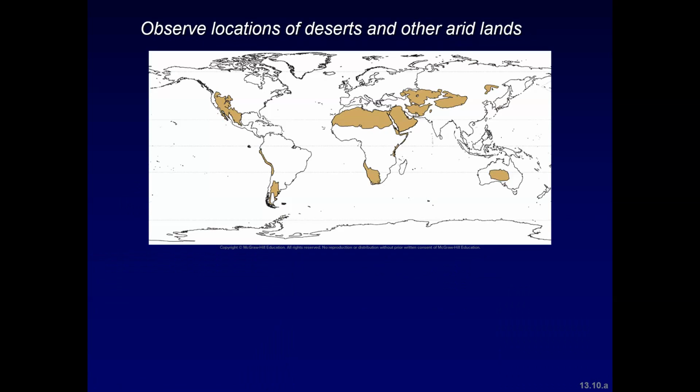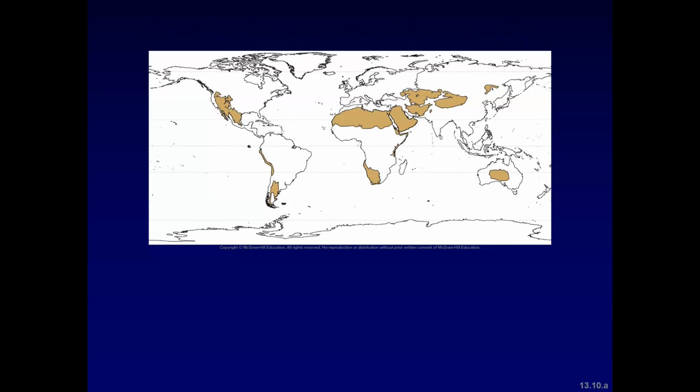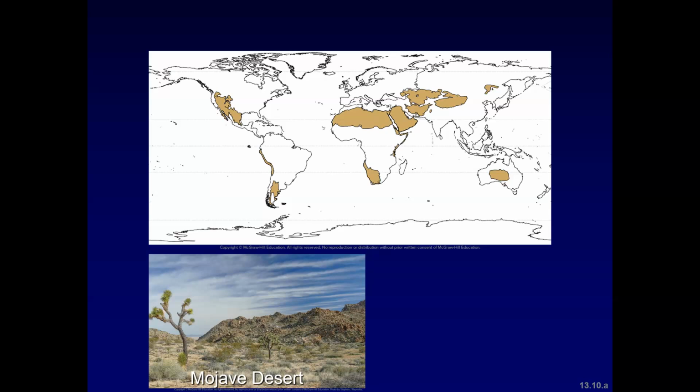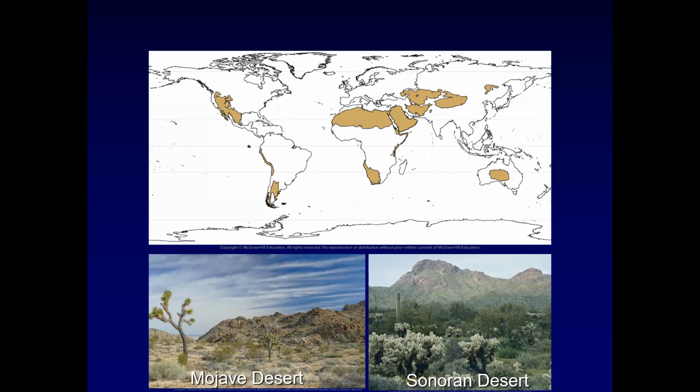Okay. So by contrast, here's the location of deserts and other arid lands across the globe. Deserts are dry lands that receive less than 25 centimeters or 10 inches of rain per year. The Earth's large deserts are the result of descending air in subtropical belts and from airflow that moves across cold ocean currents. So deserts can also form in the rain shadow of mountain ranges, as I mentioned before.